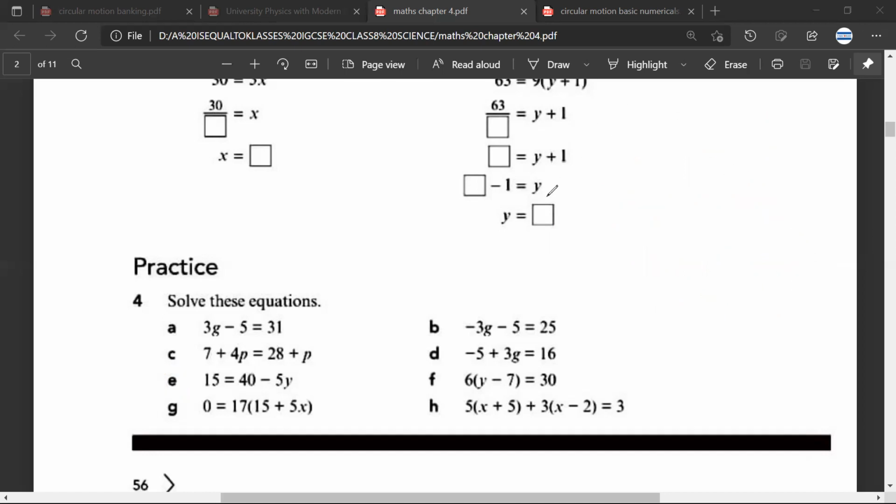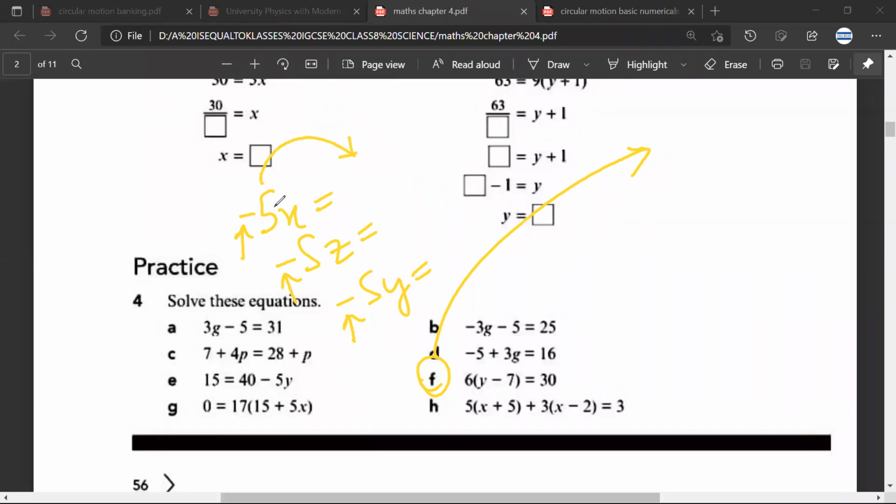Mr. Aryavan, it may seem complicated to you, but there are a few students who are not able to handle minus 5x or minus 5z or minus 5y. Basically, this minus causes a lot of trouble. So for that, a very simple way is to change this and bring it on the right hand side. See, if I have 5 is equal to x or 100 is equal to x, then I know that the value of x is 5.